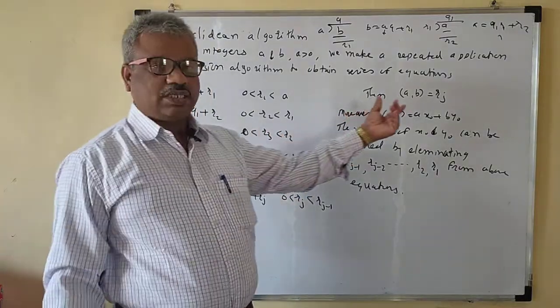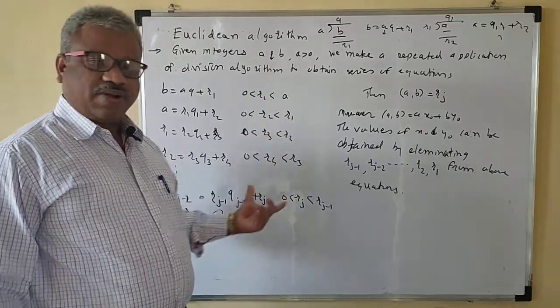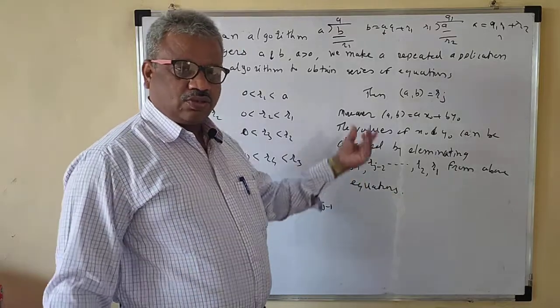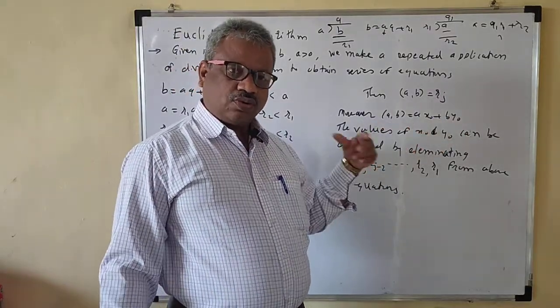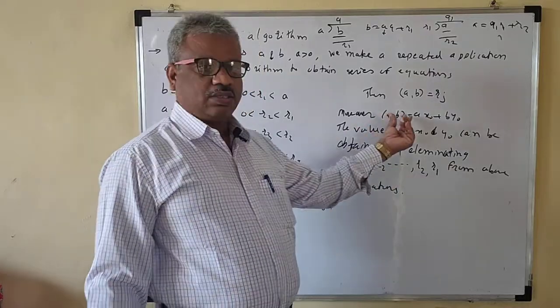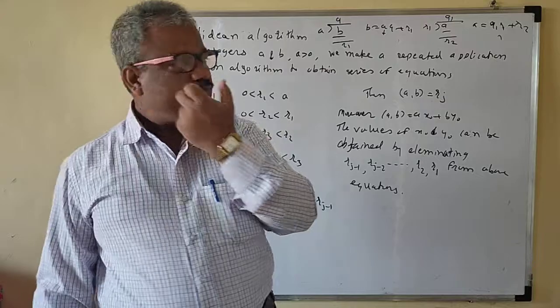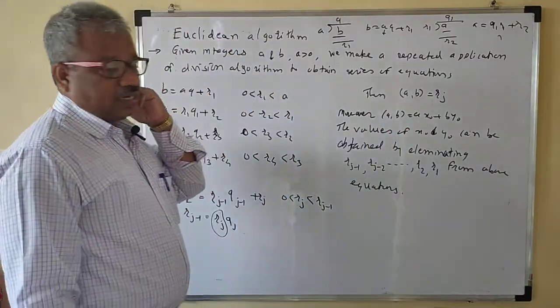So we are finding the GCD. That is the Euclidean algorithm. With the help of the Euclidean algorithm, we are finding the GCD. After that, which you have not studied yet, the GCD can be expressed as a linear combination of the given numbers, right? One more thing: we are expressing your GCD in terms of A and B, the given two numbers. We are interested in that.